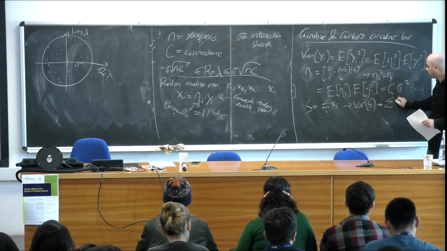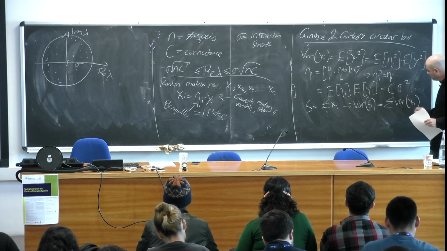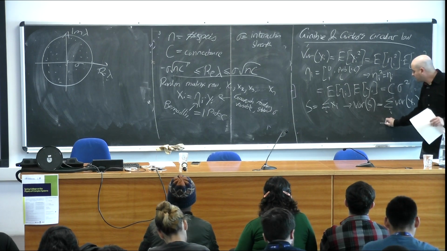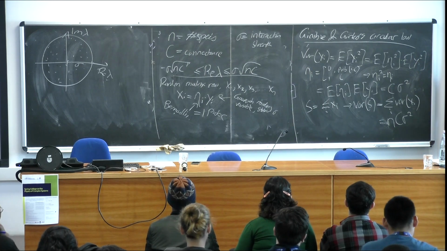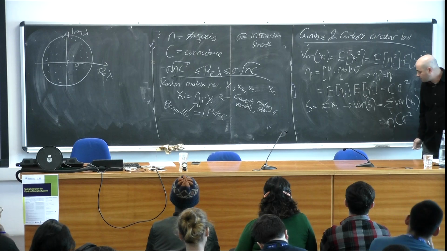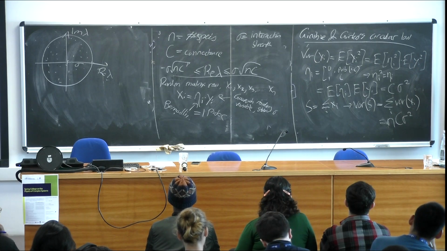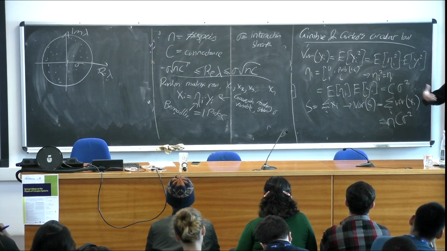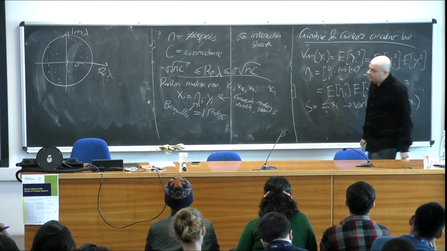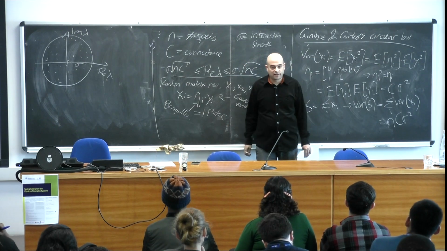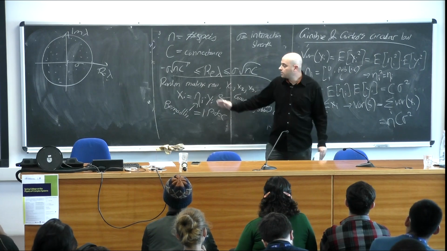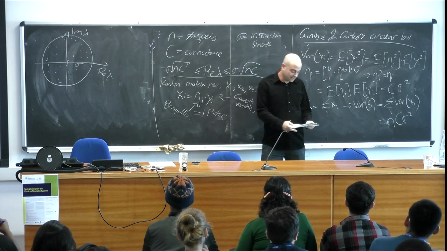So it's the sum of the variances of x_i, and therefore we get n C sigma squared. So if the variance of S is n C sigma squared, then the standard deviation would be sigma root nC. Okay, so this is how we introduced the connectance C into this